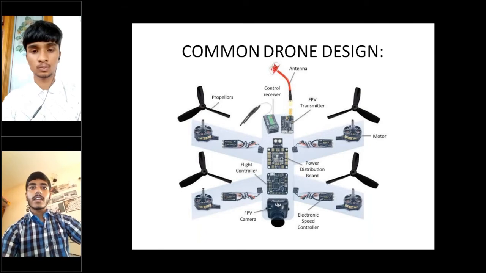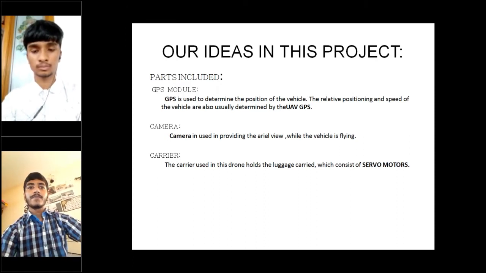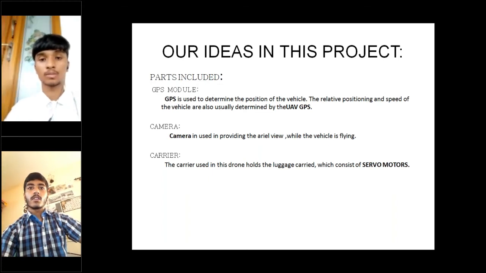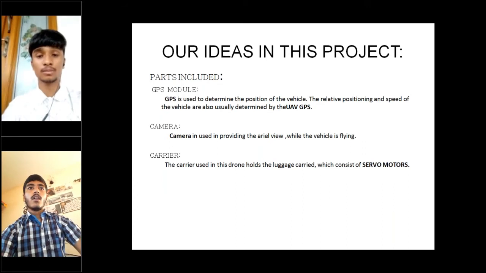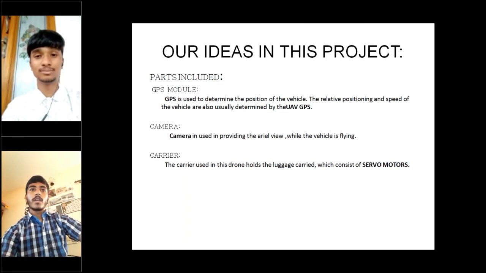Coming to the next, we have a carrier and a camera at the bottom. The camera helps in providing the aerial view while flying, and the carrier is made of servos for holding luggage or anything else it's carrying. The transmitter receiver used here is FlySky, which is the most popular one among DIY drones. Next, U-Blox M810 is a GPS compass module used while the drone is in autopilot mode to track the location or return home safely. A flight controller is essential in drones in order to stay balanced in the air.